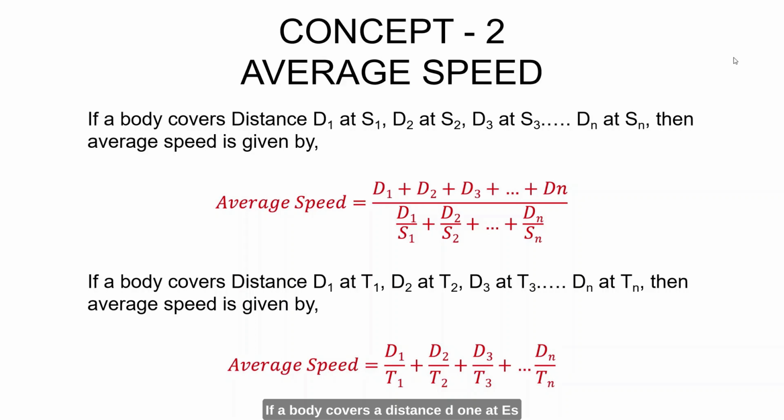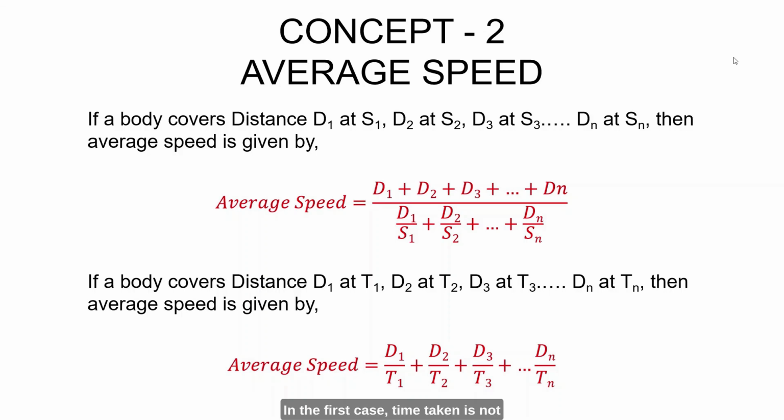If a body covers a distance d1 at s1, d2 at s2 and d3 at s3, then average speed is given by. So the second concept is purely about average speed of multiple journeys. In the definition itself, we saw that whenever multiple journeys are involved, then average speed comes into play. So in the first case, it is given that the distances of the individual journeys along with the speeds of the individual journeys. Then average speed can be determined using the basic formula of speed, that is distance traveled divided